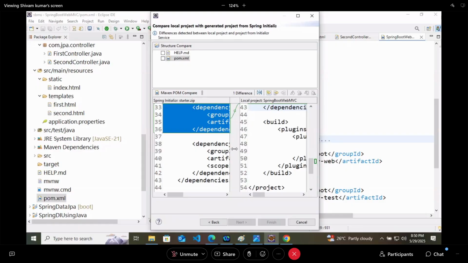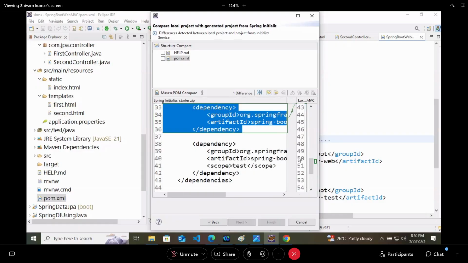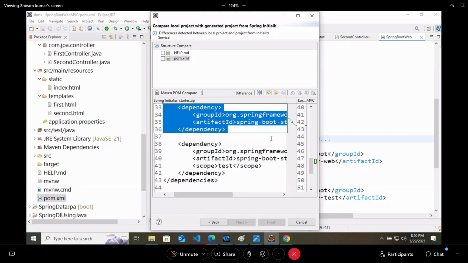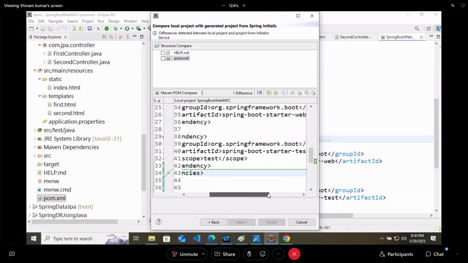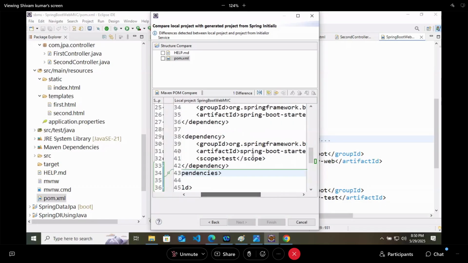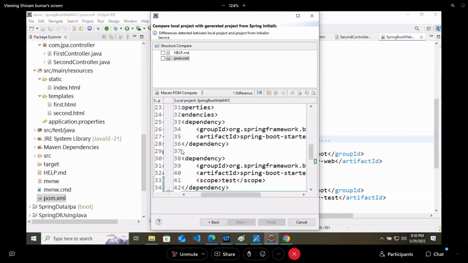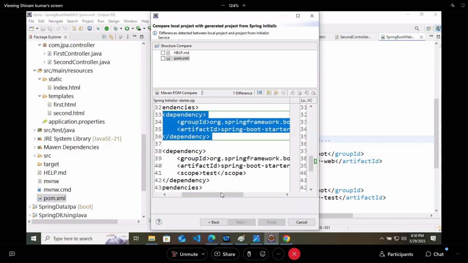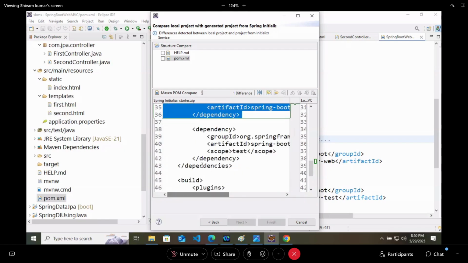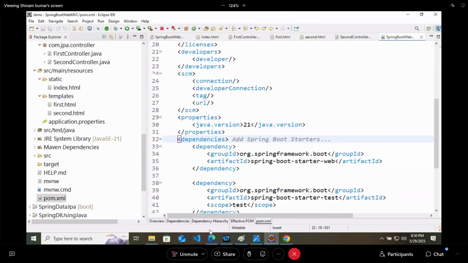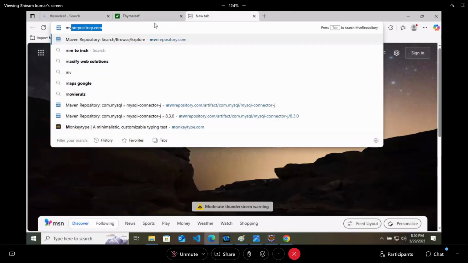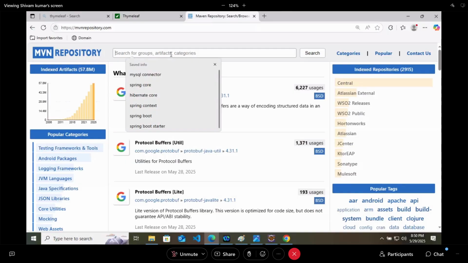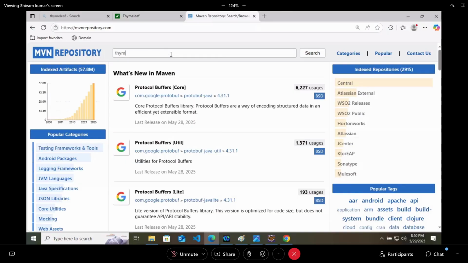So you can go to MVN repository and search Thymeleaf there. If you check the Thymeleaf versions, they come like this. So you have to go to Spring Boot Starter Thymeleaf. This version you can use, and the Spring Boot version that we are using is 3.4.5.